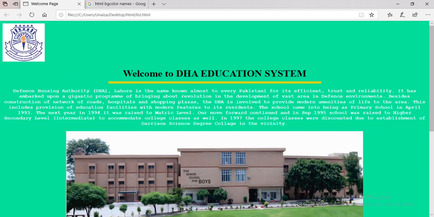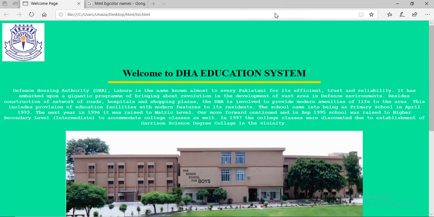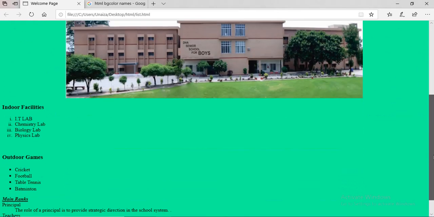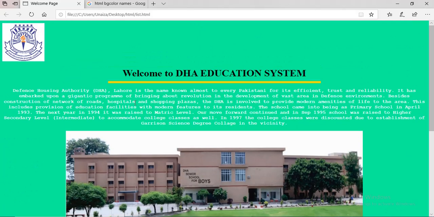There are 2 images, some paragraphs, the HR tag is used, a heading, and here we have some type of list. So there are all the tags in this web page, and by viewing that web page we will see how we can code it.